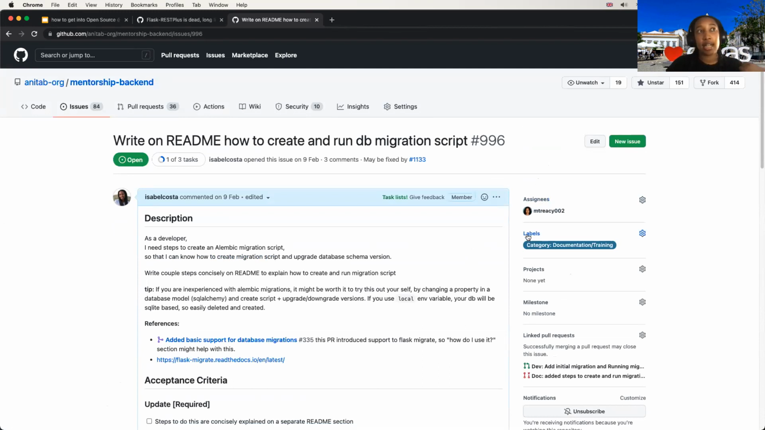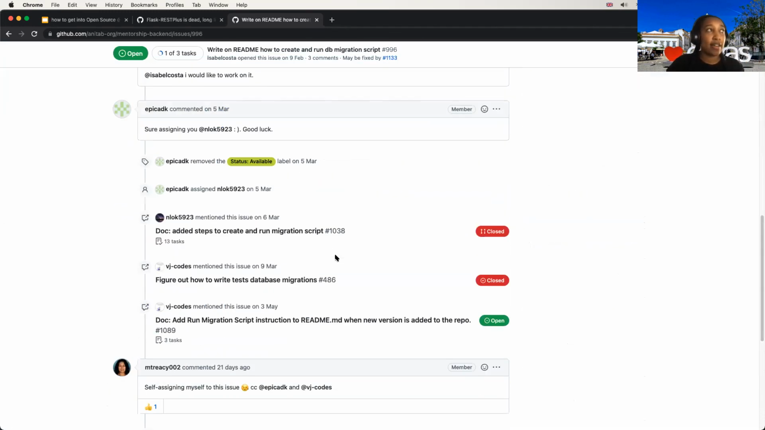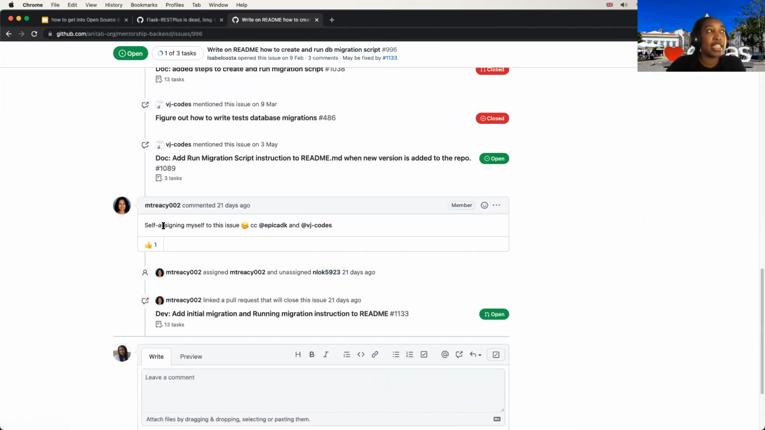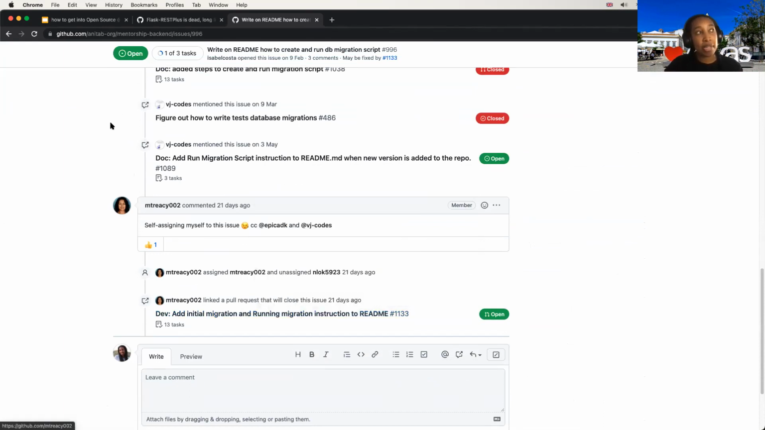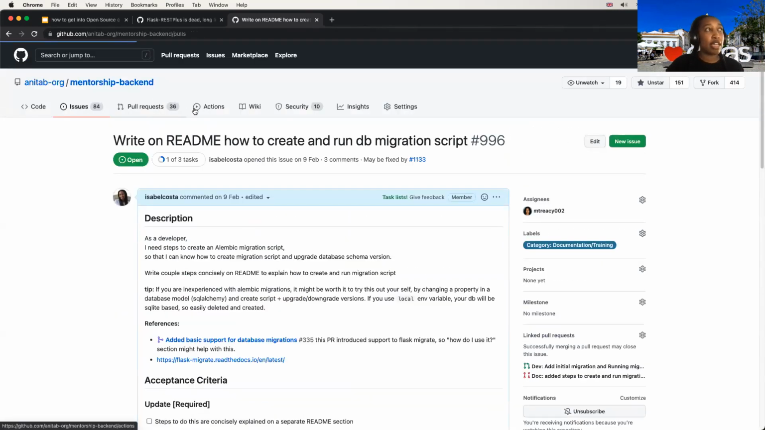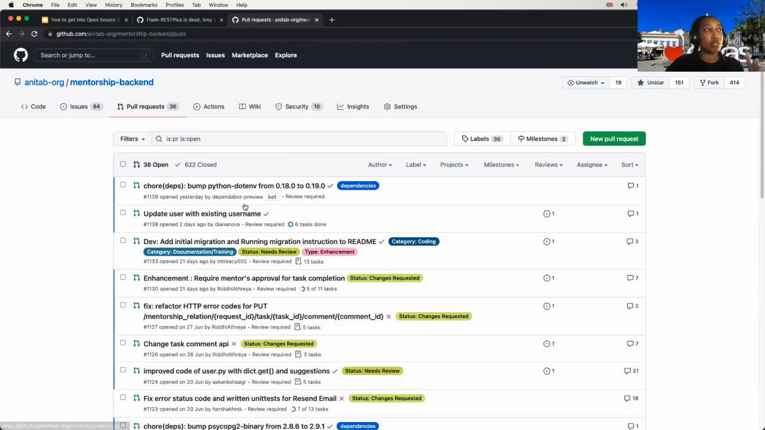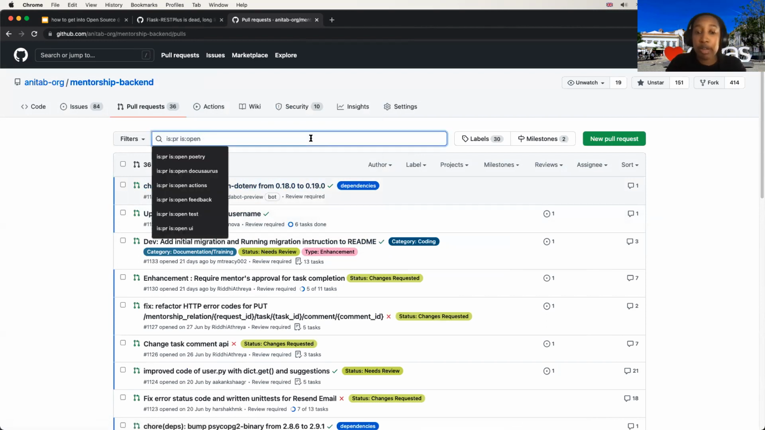Is it assigned? Does it have an available label, depending on whether the project you want to contribute to has that label? Did anyone claim it? Did any maintainer say, yes, this issue is yours? Do they have a PR created for it? You can also, if the PR isn't linked to the issue, because not everyone does that, if they're not familiar with the process of contributing,